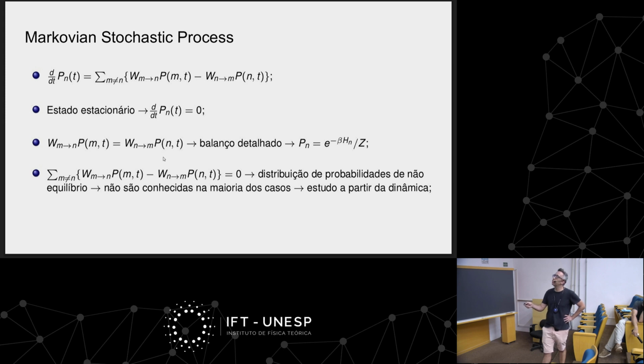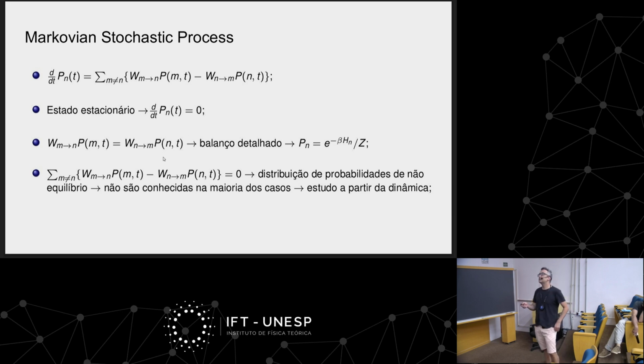This term contributes to the increasing of this state. And this is a negative term. This term takes into account the configurations which will emerge from M, and this is the summation over all different configurations. This term in the parentheses is also referred to as a microscopic probability current. For a Markovian process evolving in continuous time, this is the framework used to find the probability